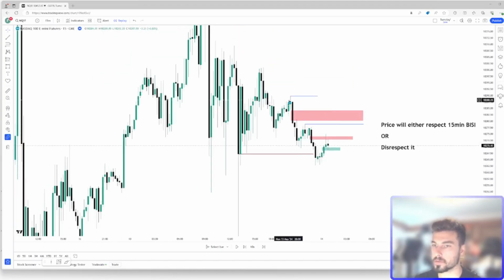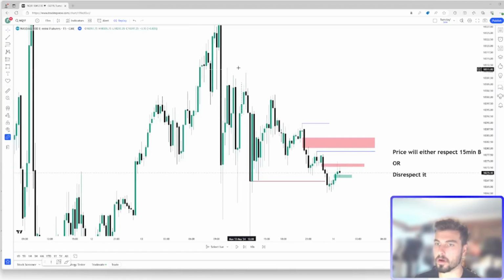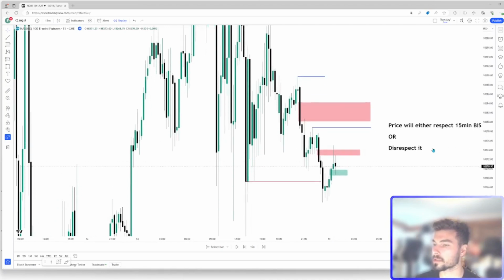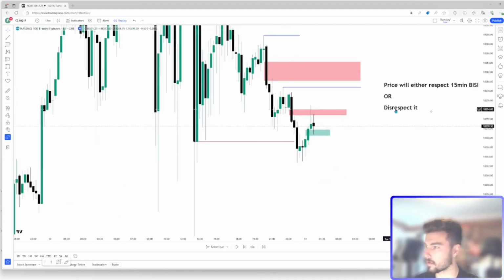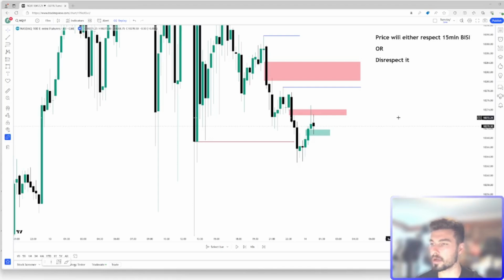1 swing high, 2 swing highs, 3 swing highs, 4 swing highs, 5 swing highs. There's a lot of buy side liquidity resting above. So because of those two reasons, I'm looking to target longs. That's how I've formulated my idea. Some people call that bias. I call it an idea or a narrative for the market.